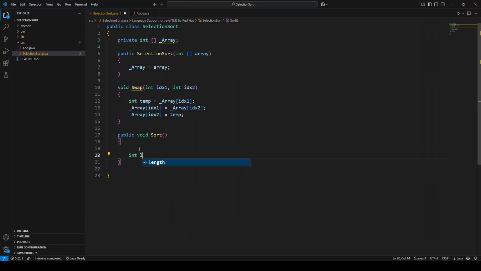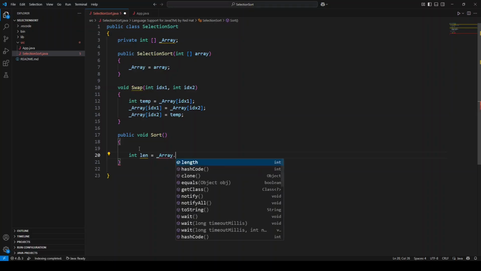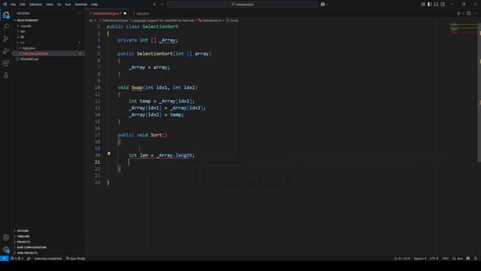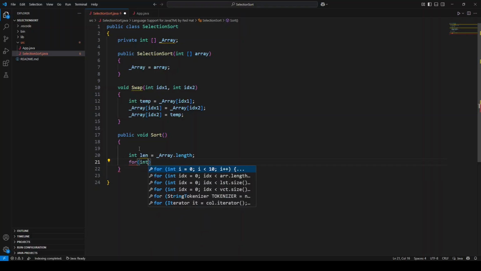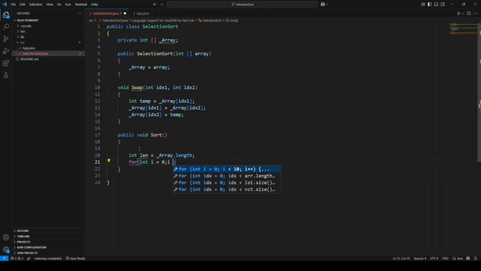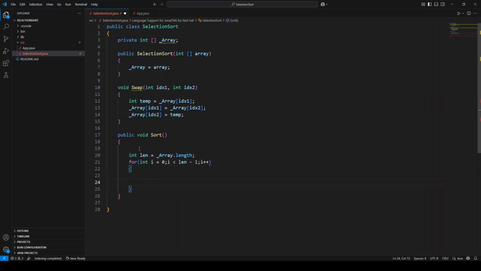So let's say the length of my array is length, and I am going to do the loop on n minus 1 items, which is from 0 to less than length minus 1. Okay, and then I will have